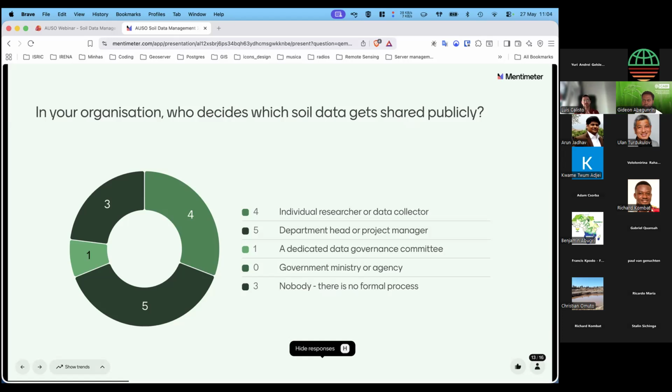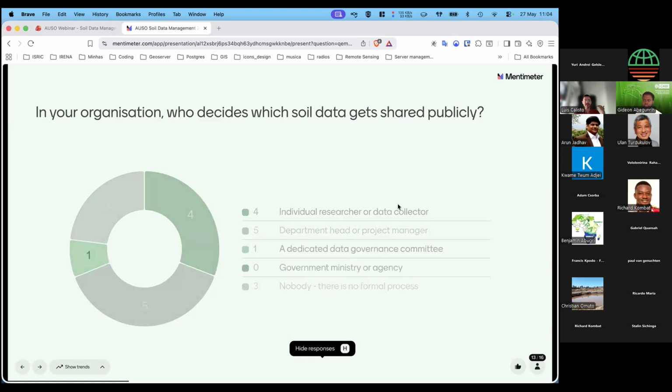What is the purpose of why are you storing data? What do you want to do with it? Is it at the institutional level? Is it at the governmental level? Is it just at the university, the department level? So depending on what you do with your own data, you don't need to have a very complex mechanism of data governance. That's why I was saying